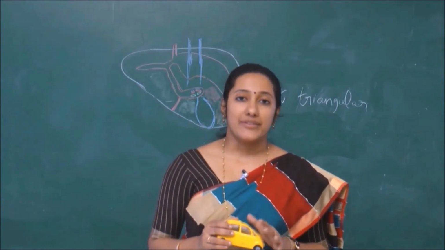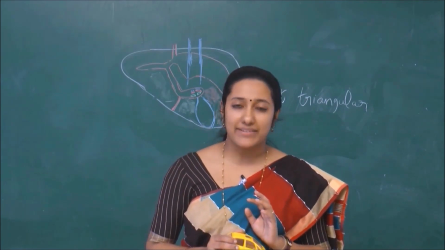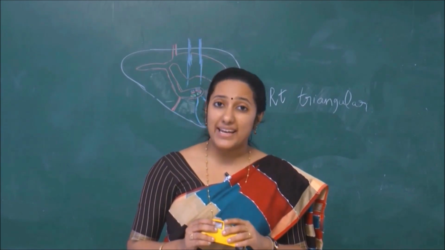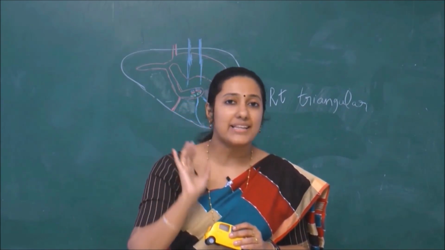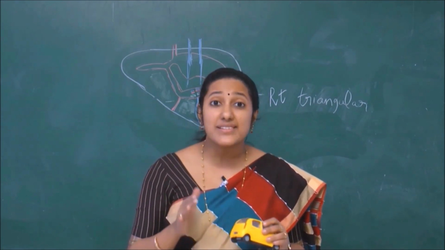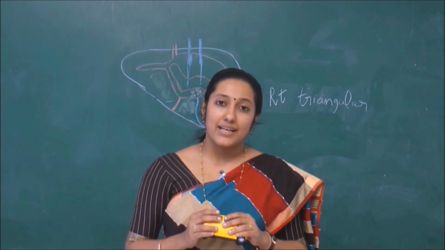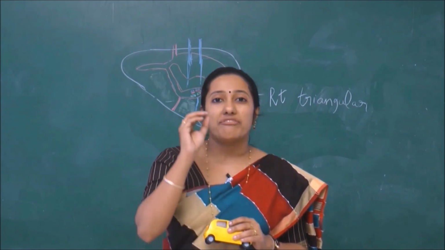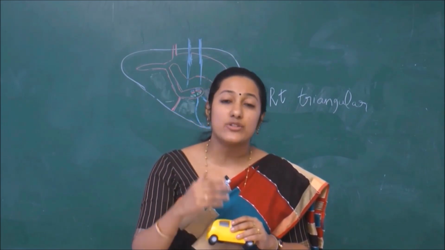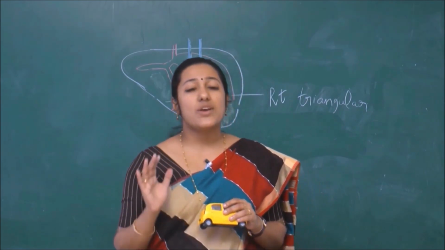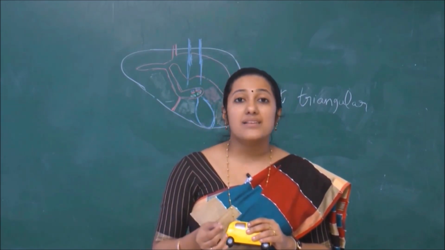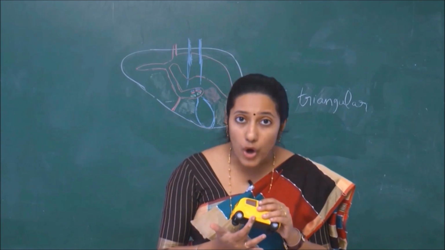In the initial part, we have seen the anatomical lobes of the liver. Basically, it is divided into a right and left lobe. The right lobe again has got 2 small lobes, the caudate and the quadrate lobes. And now we are seeing how the liver is divided physiologically or functionally. According to the arrangement of the vessels passing through each segment of the liver, we can divide it into physiological lobes. The physiological lobes of the liver are divided by means of a line passing through the cystic notch, which